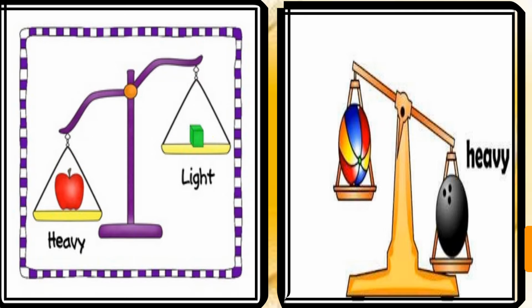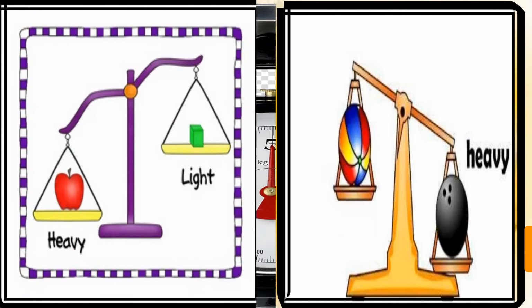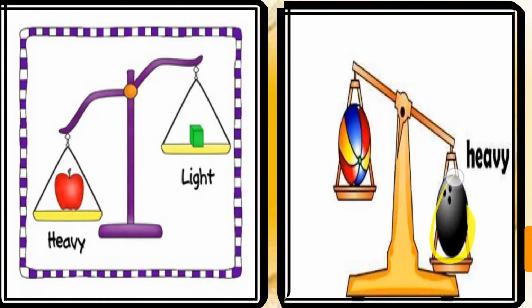In another case, I am showing you again. One is a football and this one is also a type of ball. This one is heavy and this one is light. Light things go up and heavy things go downside. So in this case we can say that both things are not of equal weight. Whenever we measure, we should find out whether the things are of equal weight or not.